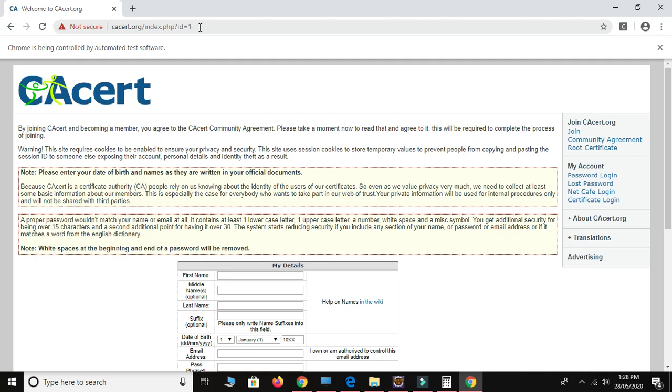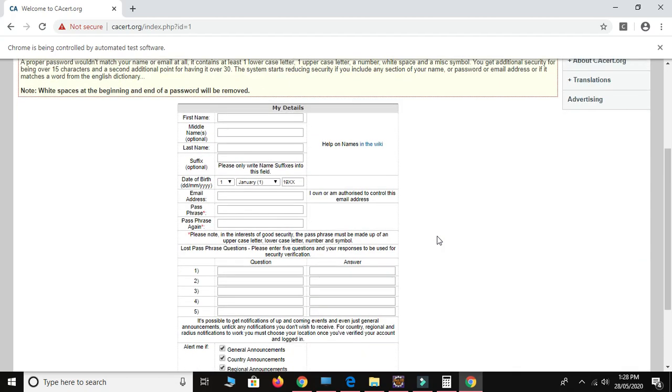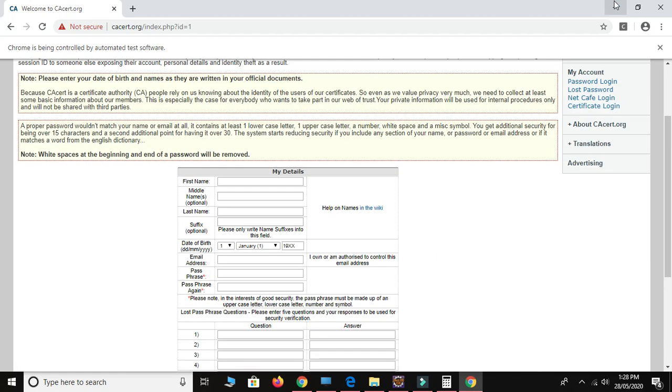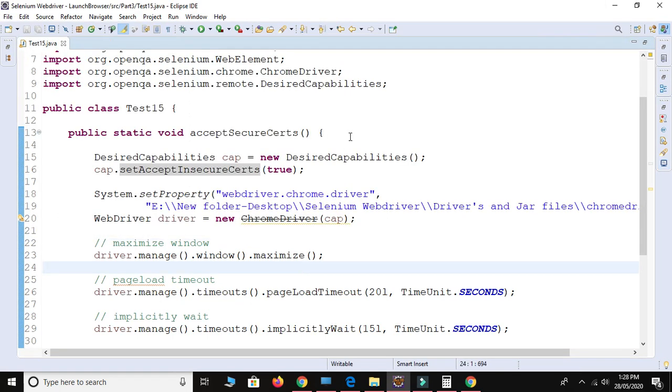After clicking the join button, this web page is launched and we are able to see this web page, but after accepting this insecure certificate. So this is the main important line. This method will accept this insecure certificate because we provided true over here, and we need to provide this reference variable here, cap.